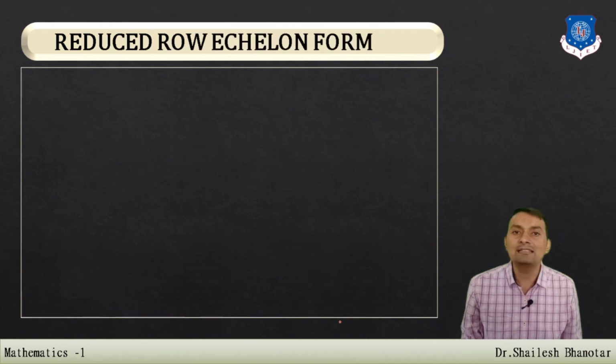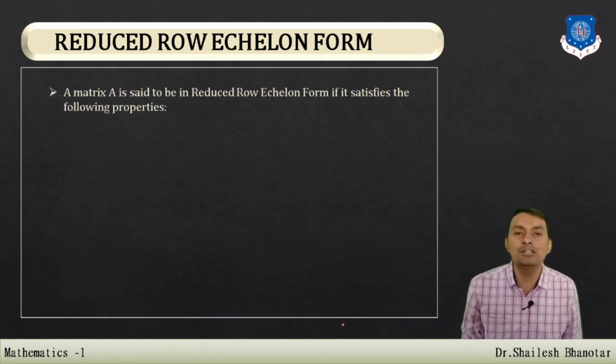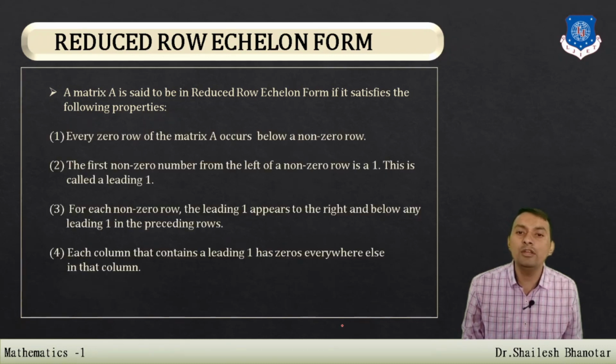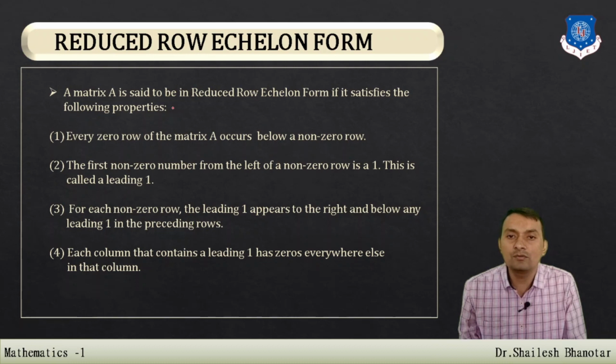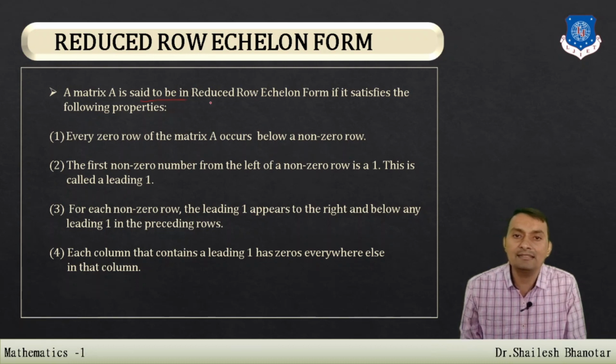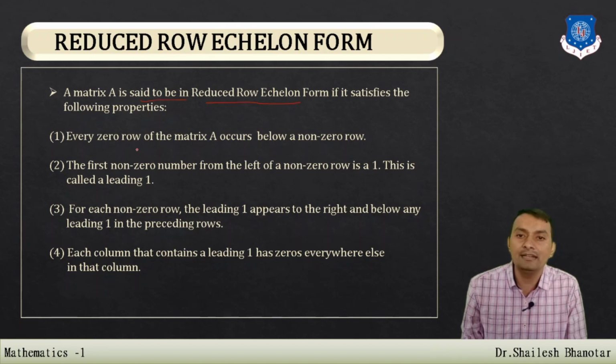So let us understand the reduced row equivalent form. Our first target is to convert the given matrix to the row equivalent form. After that, in each row, whatever leading one entry we have, we will make the entries above that leading entry 0. So let us understand with this: a matrix is said to be in reduced row equivalent form if it satisfies the following conditions.